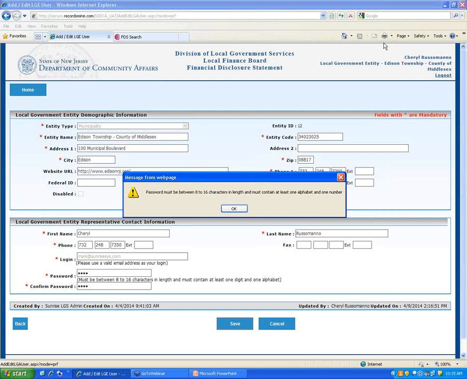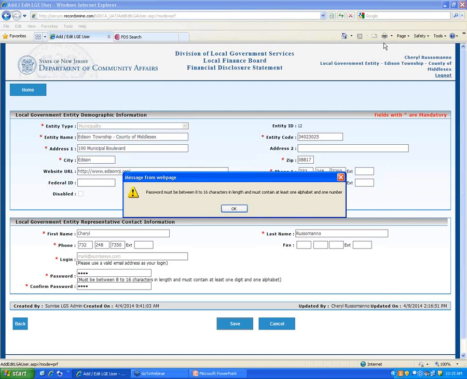Now, the first two fields that we're going to utilize here are the first name and the last name of that LGO. So I'm going to type, let's see, my person today is going to be James Walker. That's my person I'm using today. Now, I will caution you that after the first name and the last name, once I hit save, the system is going to generate a unique PIN number for James Walker.